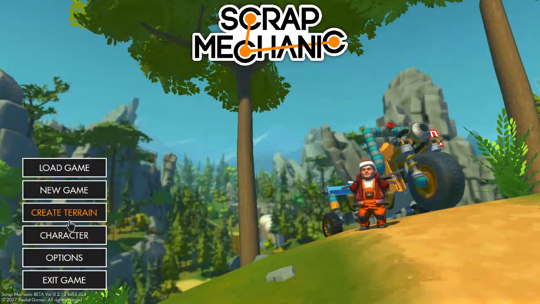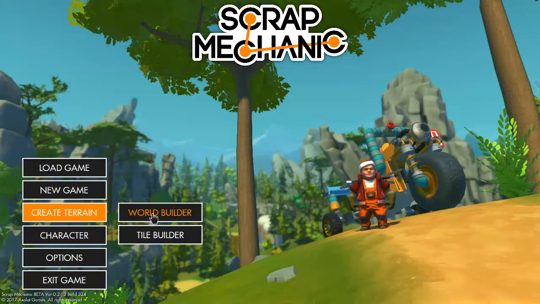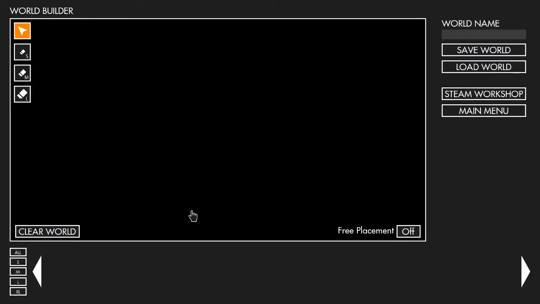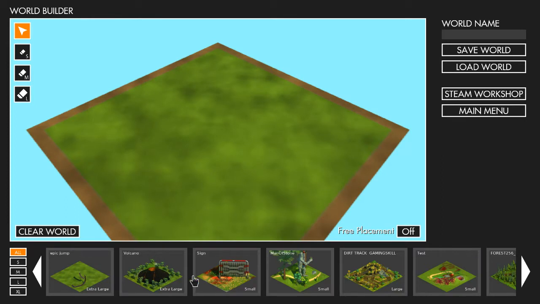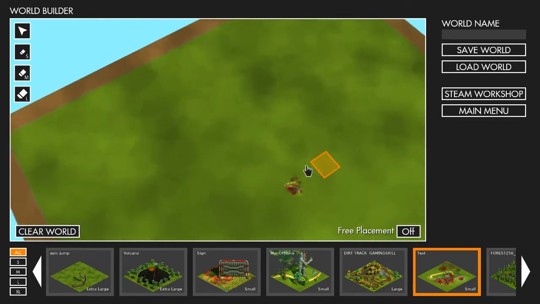Once you've exited, you can go Create Terrain. Now you want to do the new World Builder option. And now you can actually place your tiles in the World Builder. So you see I have already made some tiles, but here's our tile. It's a small tile, and